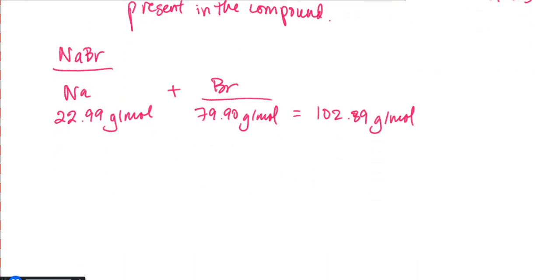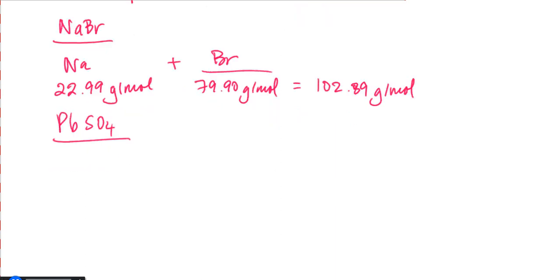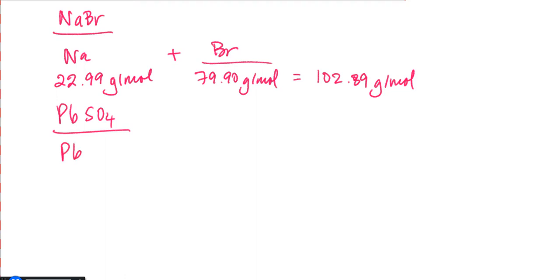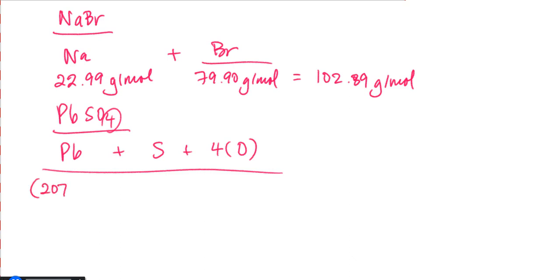Now, what if I had something a little bit more complicated? Suppose I had lead(II) sulfate. Well, I'd need the molar mass of lead, the molar mass of sulfur, and the molar mass of oxygen, but I'm going to have to multiply that molar mass of oxygen 4 times because there are 4 oxygens in lead(II) sulfate. So then, if I look it up in the periodic table, the molar mass of lead would be